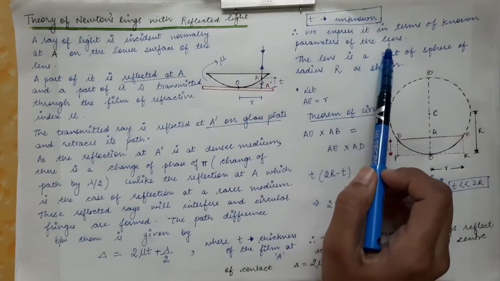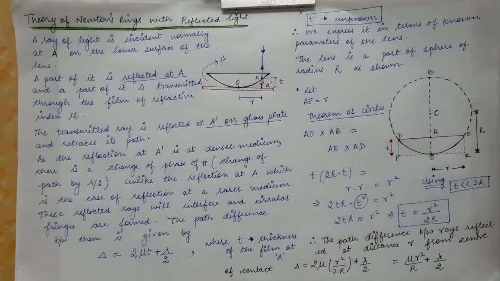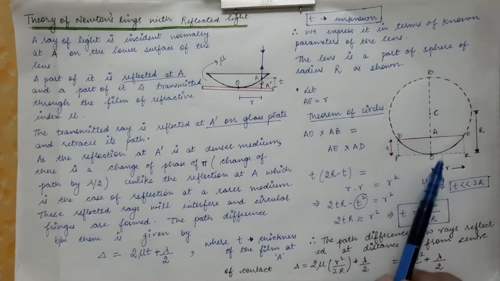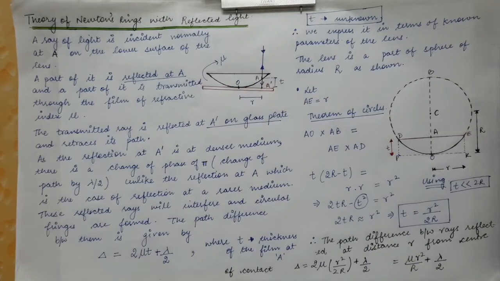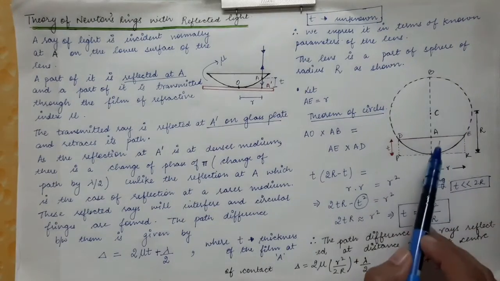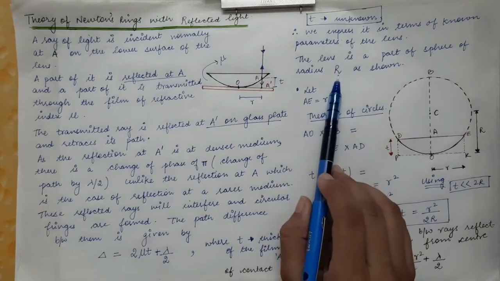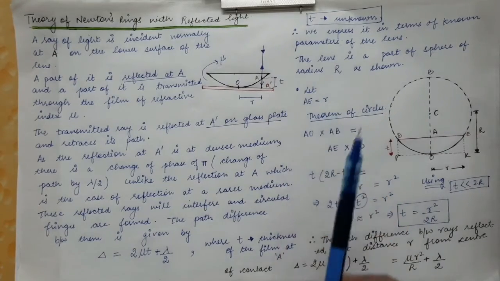Now the known parameters of the lens are the radius of curvature. Radius of curvature is the radius of the sphere of which this lens is a part. A plano-convex lens is a part of a particular sphere, because when we cut a small section from this sphere, we get a plano-convex lens. This sphere has a particular radius, and that radius is called the radius of curvature. It is very easy to find this radius of curvature using a spherometer in the laboratories.